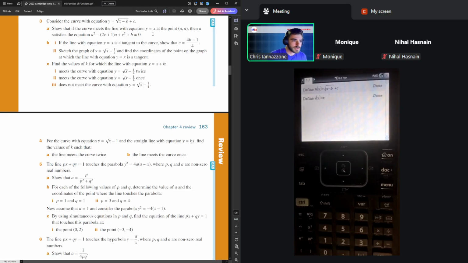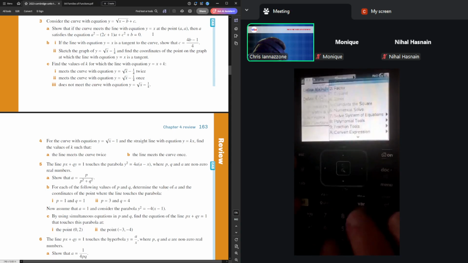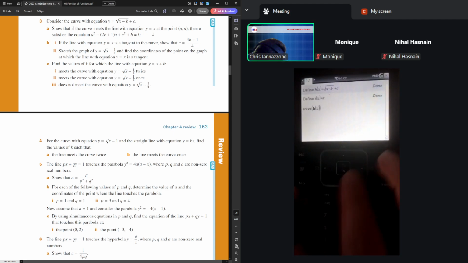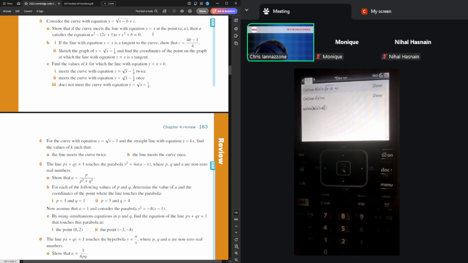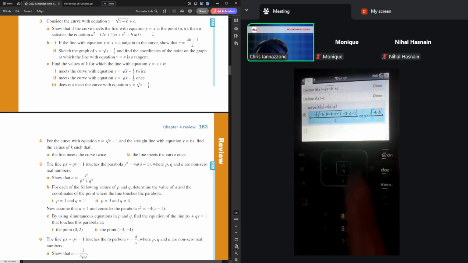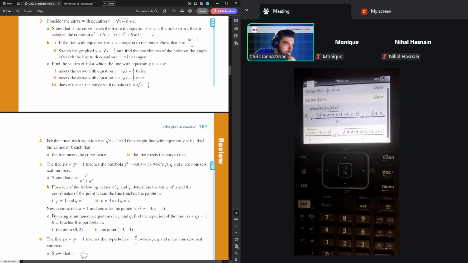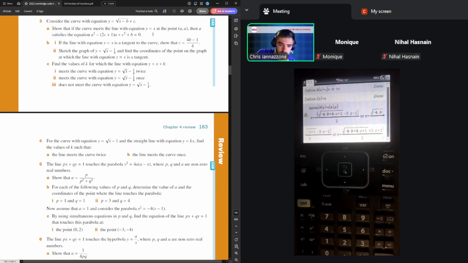Equation 1 is the square root, equation 2 is the graph of y equals x. So a decent starting point would be to make those two equations equal each other and see what we get. A nice and nasty plus minus square root, which makes sense. We were kind of talking a bit about how the square root can give weird results,